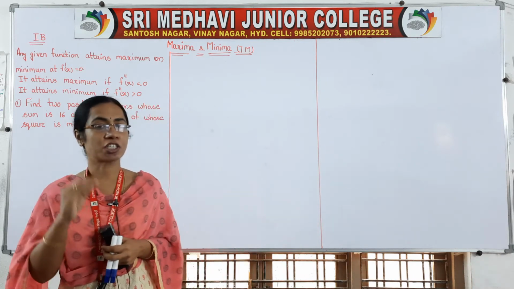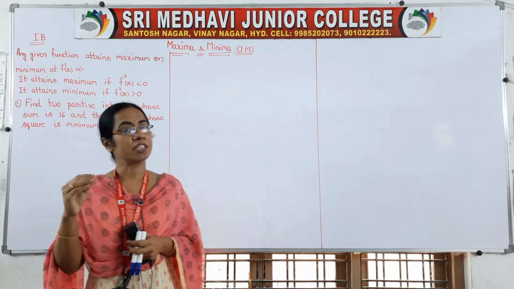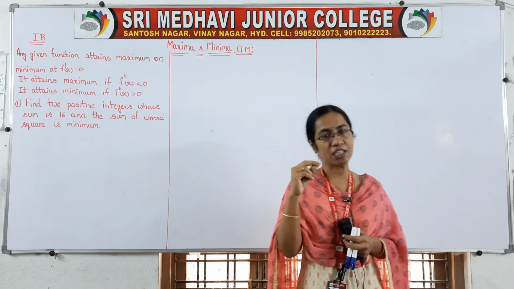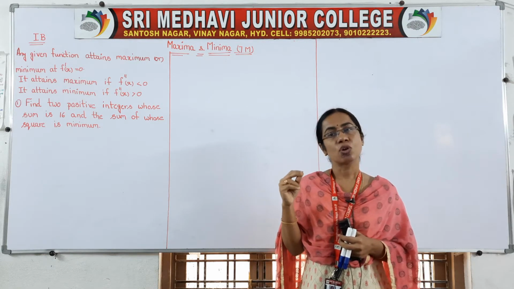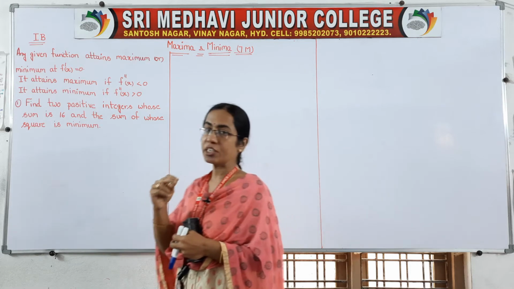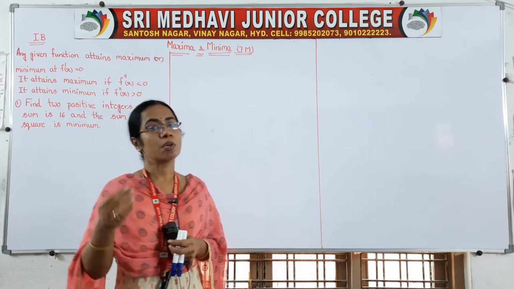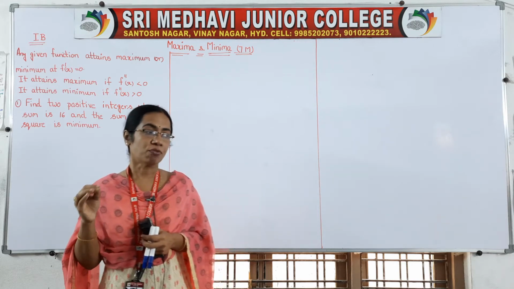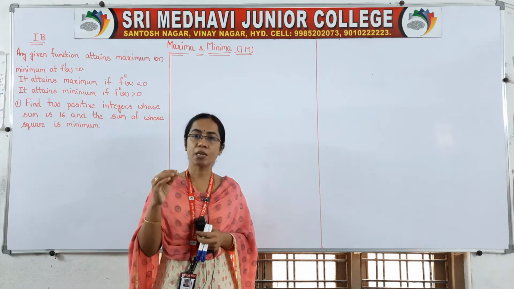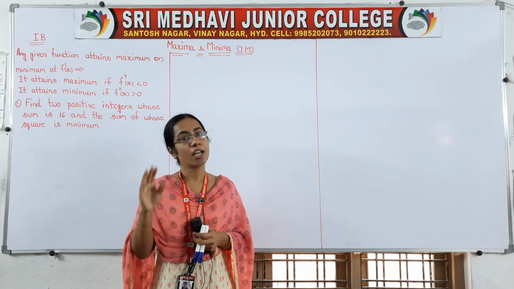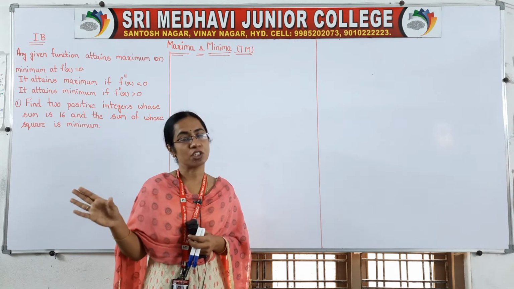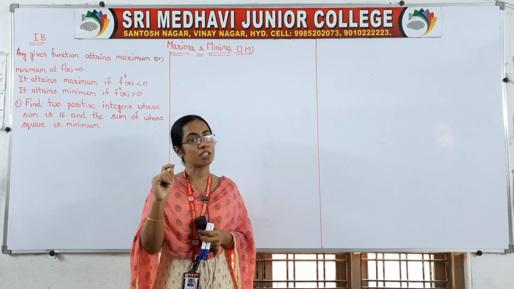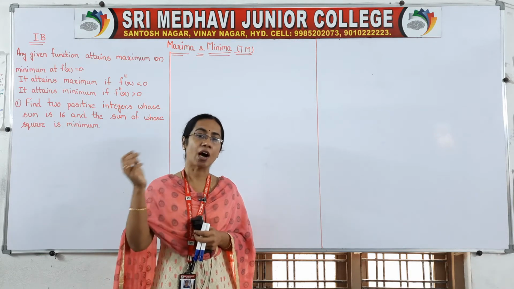They will give one function to you, that means an equation in terms of x. Function of x, right? So find its derivative. The function attains either maximum or minimum at f dash x is equal to 0. F dash x is equal to 0 means d by dx of f of x we have to find and equate that equation to 0, you will get one x value. At that x value, the function attains either maximum or minimum.